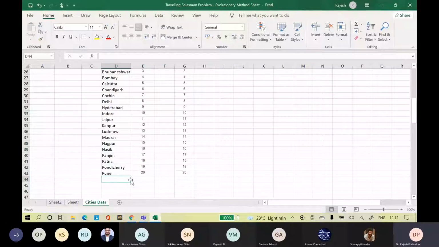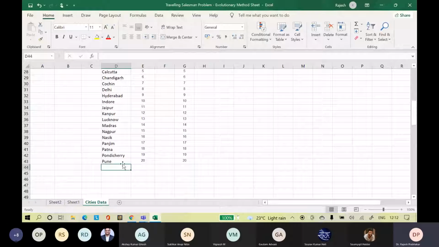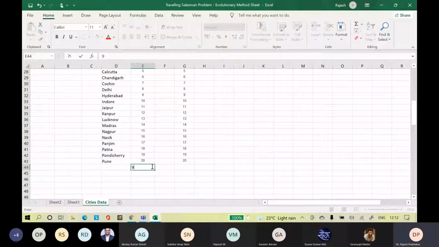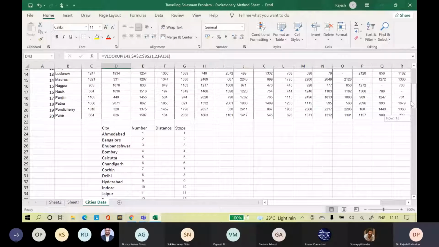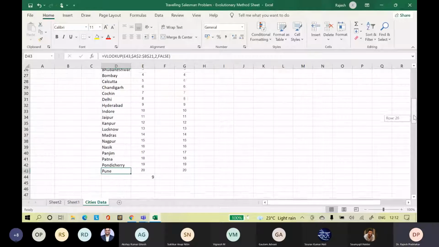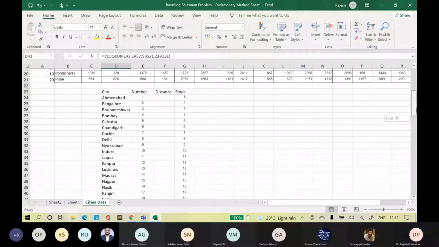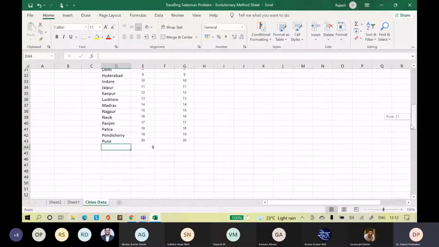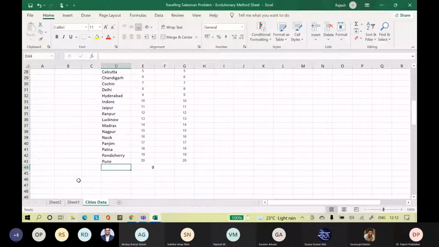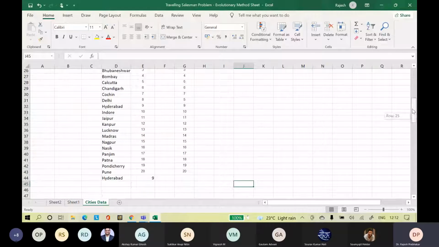Where the VLOOKUP is not working. Okay. All of you got the VLOOKUP done?